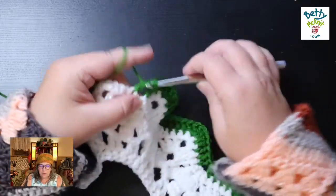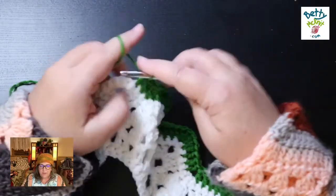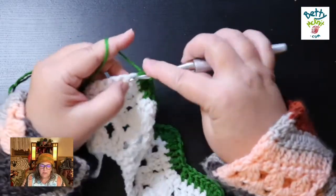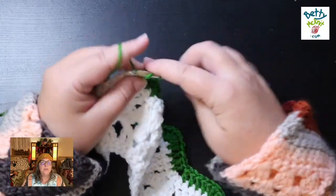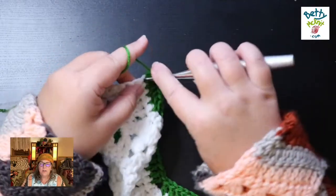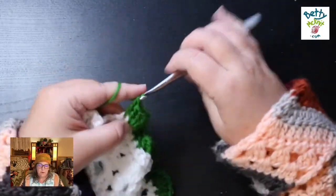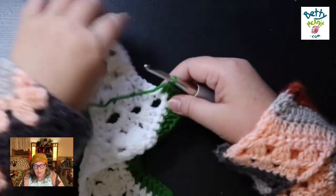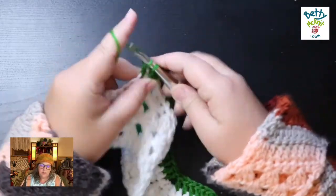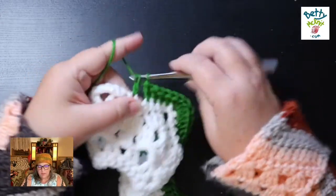Skip 2 and then 4 to go up. 1, 2, 3, 4, and then 5 in the peak. 1, 2, 3, 4, 5, and 4 going down. 1, 2, 3, 4, skip 2, 1,